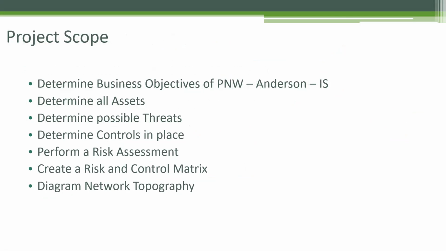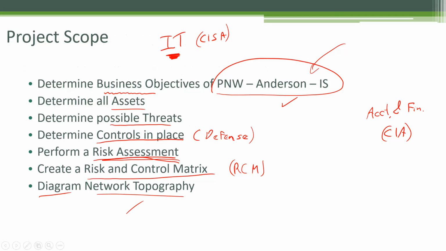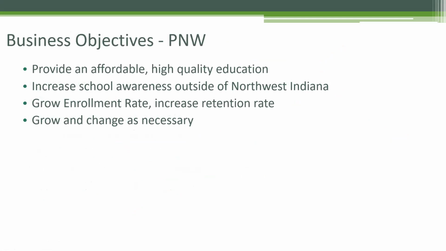So for instance, and now we go into the individual ones. So business objectives, the first bullet, right? So we want to think of what that entails. So for instance, for PMW, our example here, the business objectives would be what? Provide an affordable, high quality education, increase school awareness outside of Northwest Indiana, grow enrollment rate, increase retention rate, grow and change